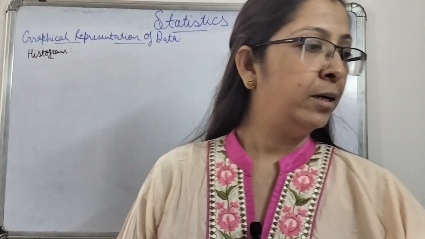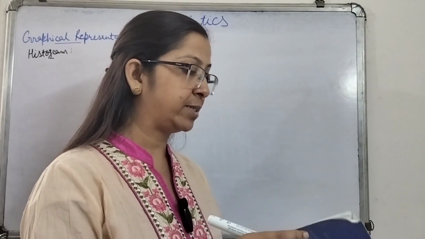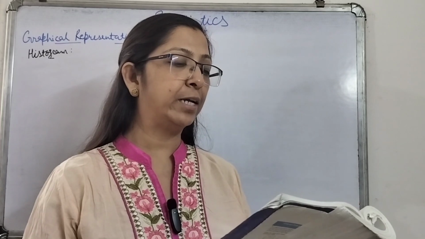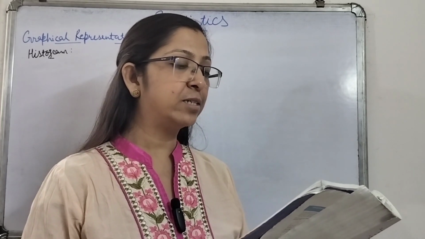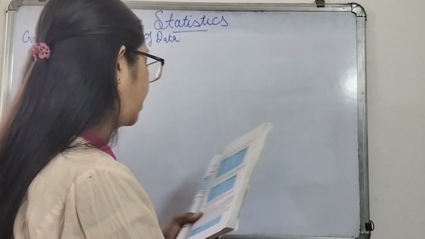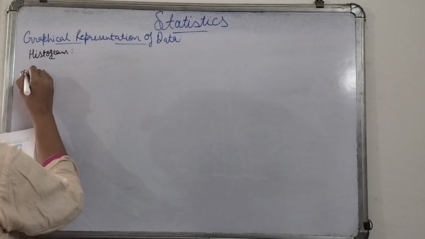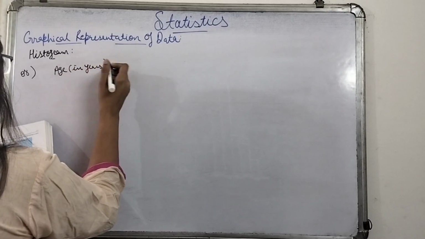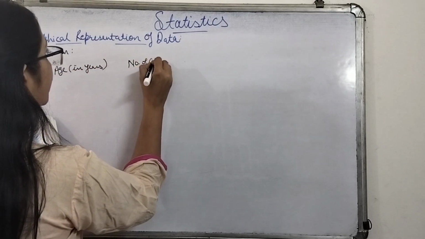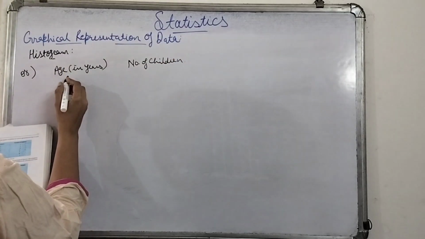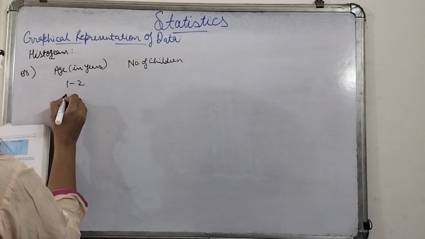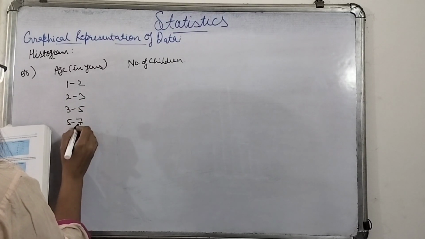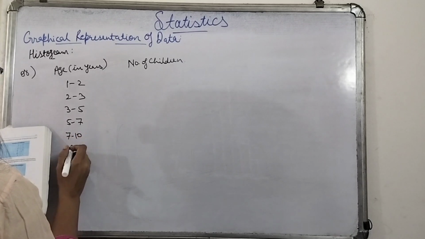Let's understand. Let's take question number 8 of the exercise. A random survey of the number of children of various age groups playing in a park was found as follows. Age in years is given to you as 1 to 2, 2 to 3. I'm just making the table. Question number 8, it is. Age in years and number of children. It is 1 to 2, 2 to 3, 3 to 5, 5 to 7, 7 to 10, 10 to